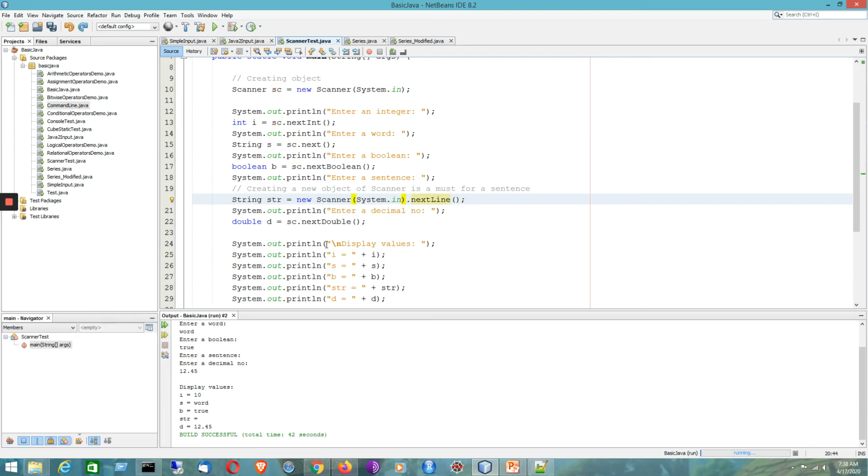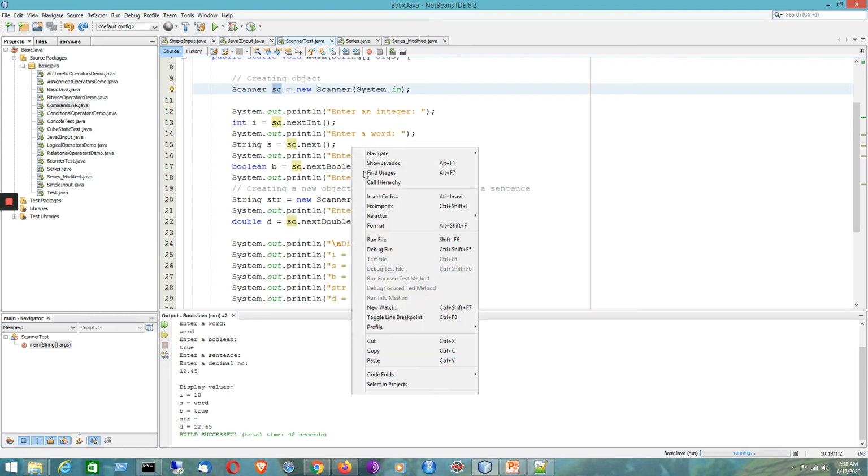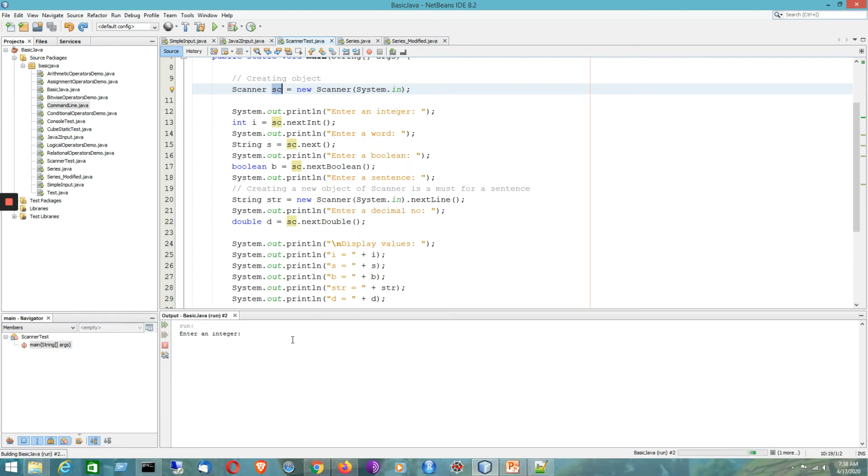If I am using a new object instead of the old object that we used earlier, the problem will be solved. Let's see what happens. I'll be trying to run the program again. So 10, I'll be using here word. Boolean true I'll be using here.